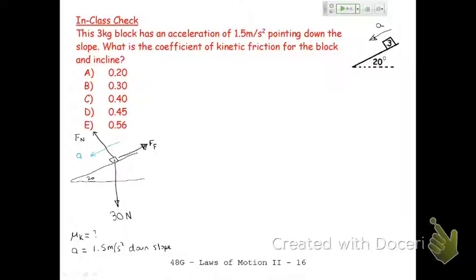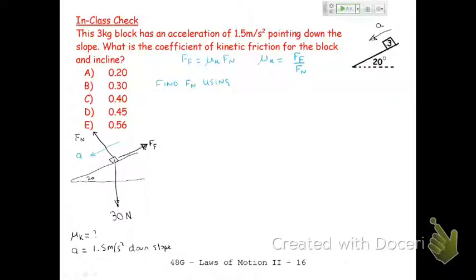Many step problem. First step, try and solve it. So mu k. What equation do I know that includes mu k? FF is equal to mu k times Fn. So, no big deal. Mu k is equal to FF over Fn. All I have to do is find, let's start with Fn. Find Fn using,